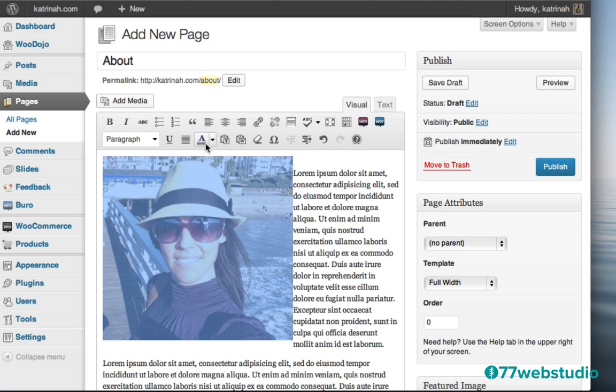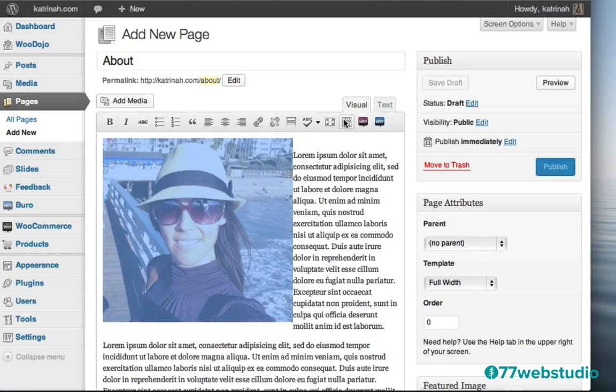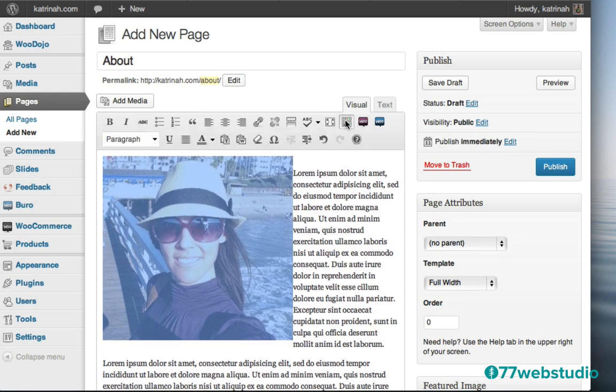And then also note that when you're looking at the Visual tab, you have all of these 2 rows of icons. Now you may have only one row of icons, and if you only are seeing one row, then you need to click on this icon called the kitchen sink. When I hover over it, you'll get a tooltip that says show or hide kitchen sink, and when I click on that, then I have 1 or 2 rows of formatting icons that pop up.